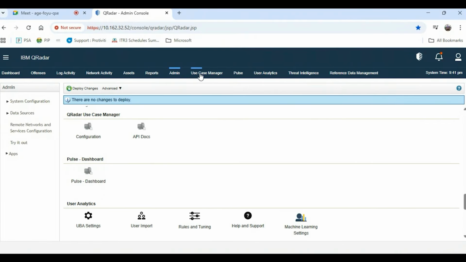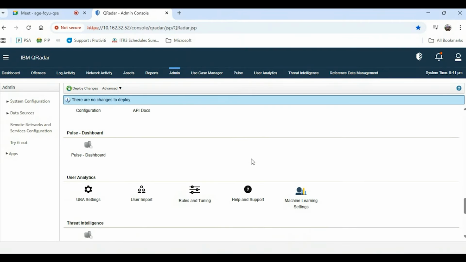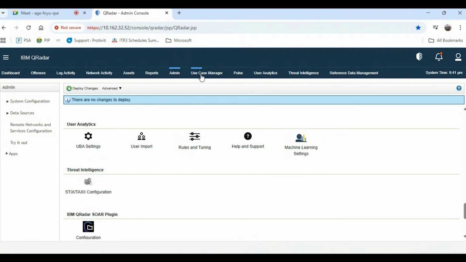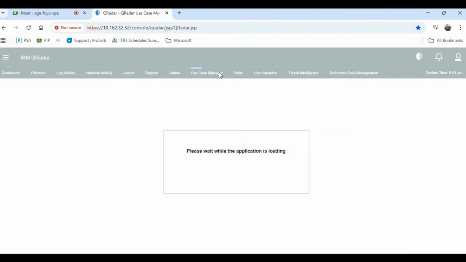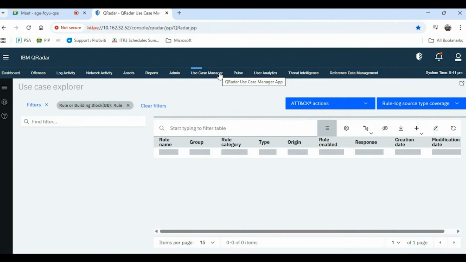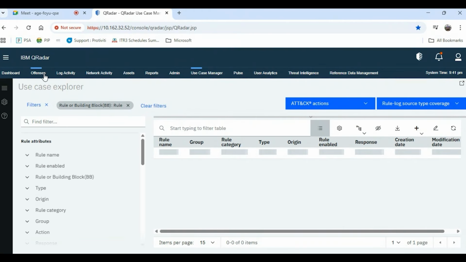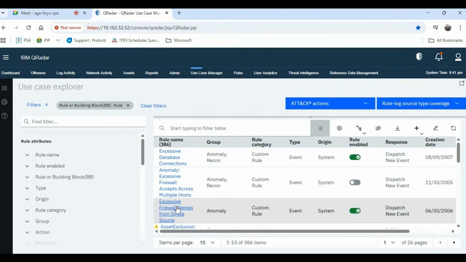Now, there are other tabs also like use case manager, Pulse, user analytics, which are already present in our admin tab. These are just shortcuts that have been created. Just as an overview, I will click on use case manager. Use case manager is nothing but the rules which I showed you in the offense tab, but it is a better